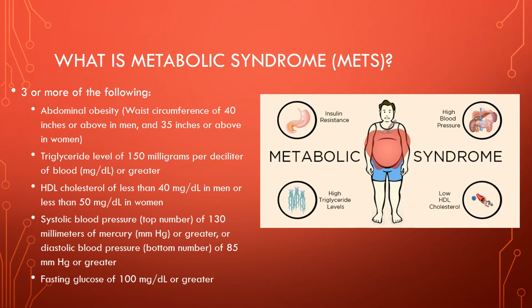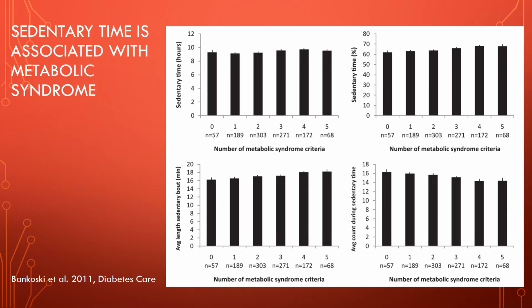So, because of that last component, this is related to diabetes, but it encompasses other conditions that are associated. So if you have 3 of these 5, of course you can also have 4 or 5, but if you have at least 3, you're considered to have metabolic syndrome, which puts you at risk for all kinds of health complications.